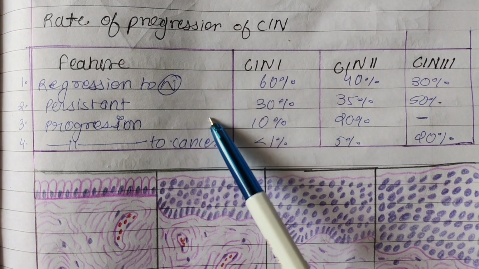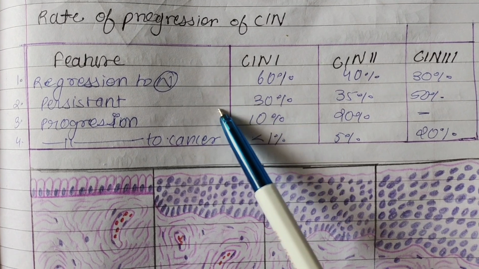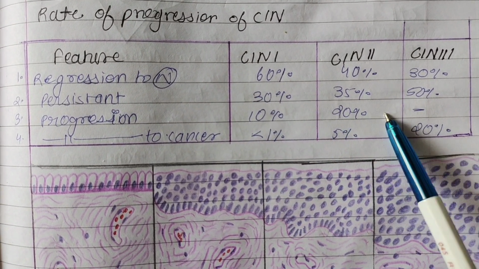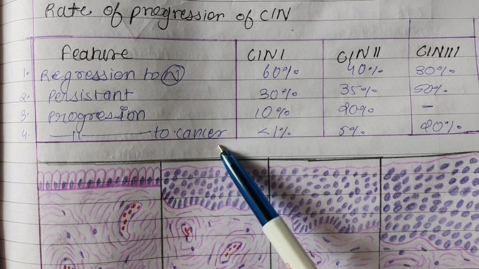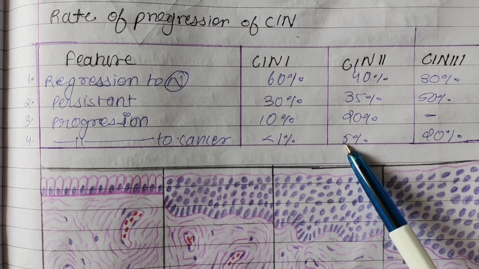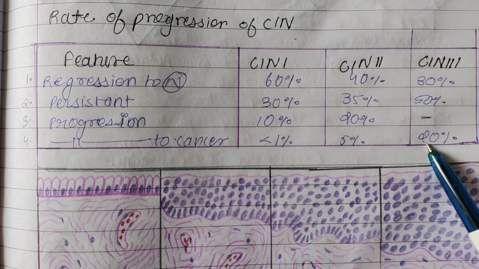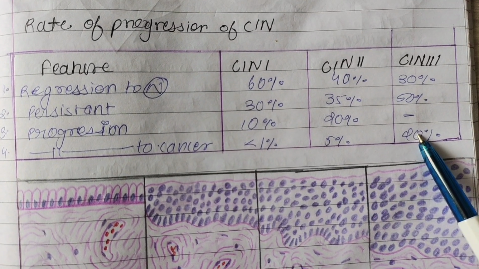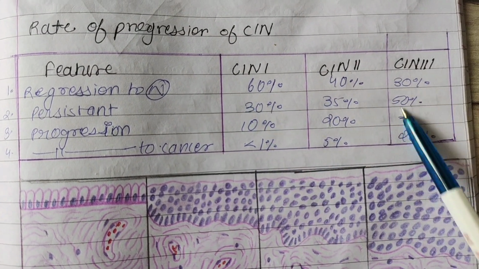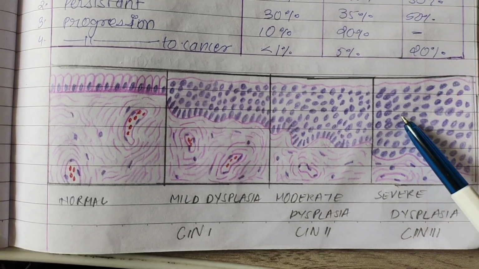And it progresses to higher grade: chances in CIN I are 10%, CIN II is 20%, and CIN III we don't know. And progression to cancer chances are less than 1% in CIN I, 5% in CIN II, and 20% in CIN III. So the best prognosis is seen in CIN I and poor prognosis is seen in CIN III. Now we will see the image of